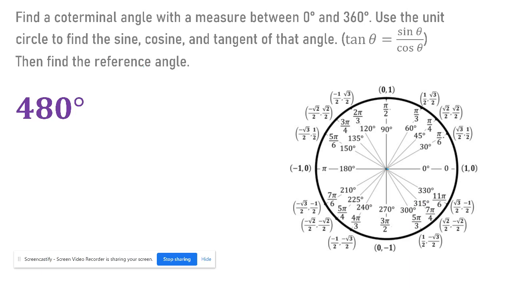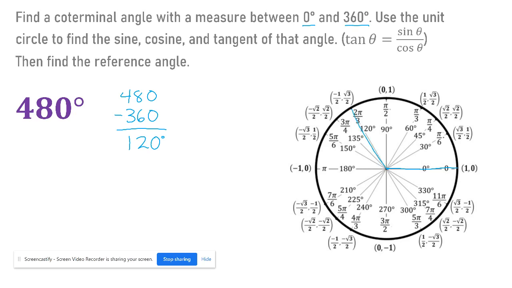The first thing we want to do is find a coterminal angle with a measure between 0 and 360. This is how you do it. You start with your angle. To find coterminal angles, remember, we add or subtract 360 degrees. If I want an angle between 0 and 360, I'm going to need to subtract to get there. I need to get smaller. So I'll subtract 360. I get 120 degrees. That's what I'm looking for. It's a coterminal angle between 0 and 360. So I go ahead and make that on the unit circle here,